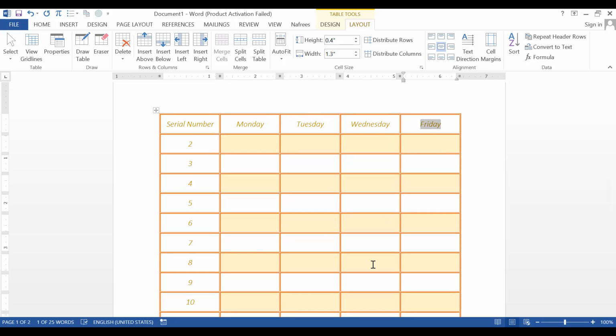Okay. Now the question is open for all the students. Now tell me, how can I change the direction of these contents? Now the current direction is left to right. I want to change the direction of this letter. How can I change it? Which option can be used to change the direction?